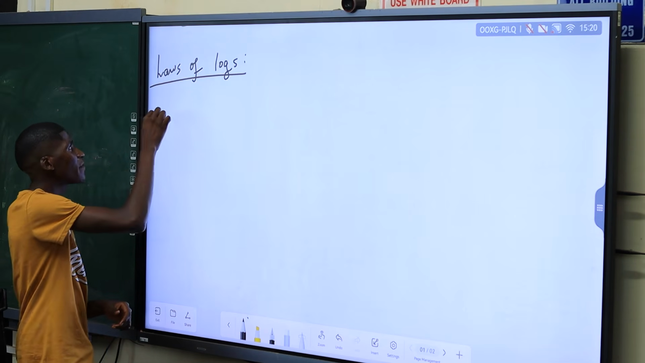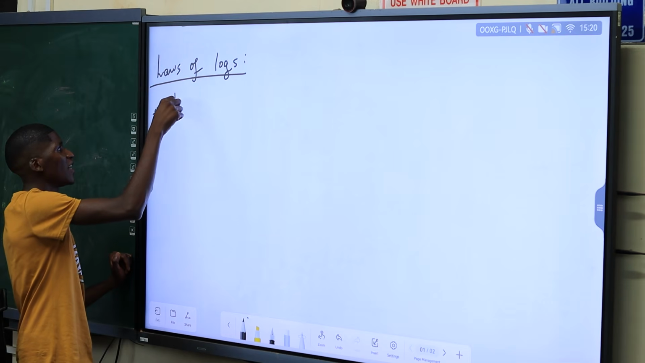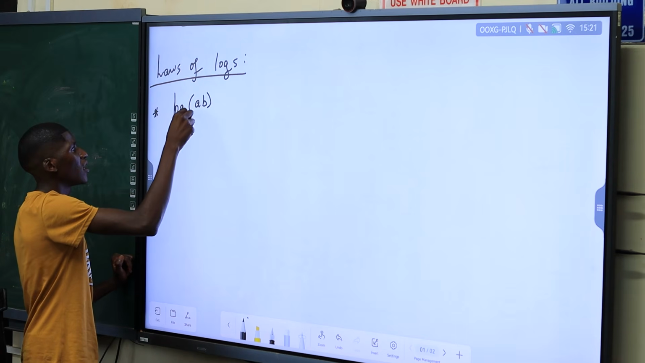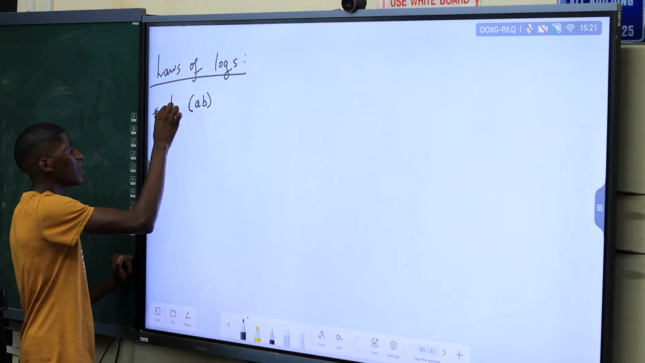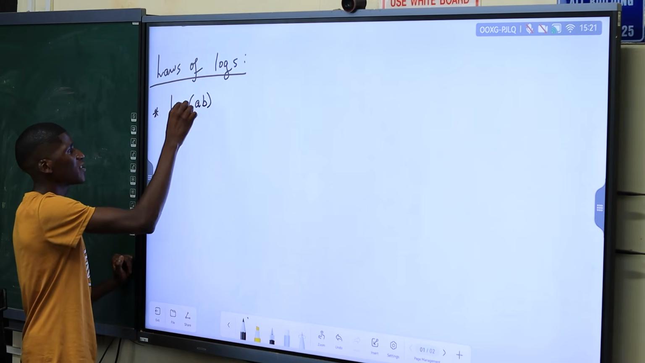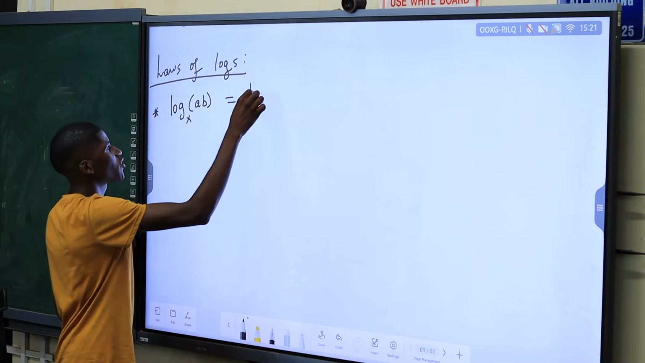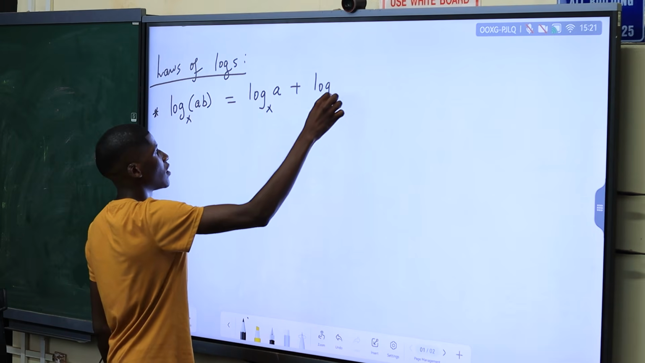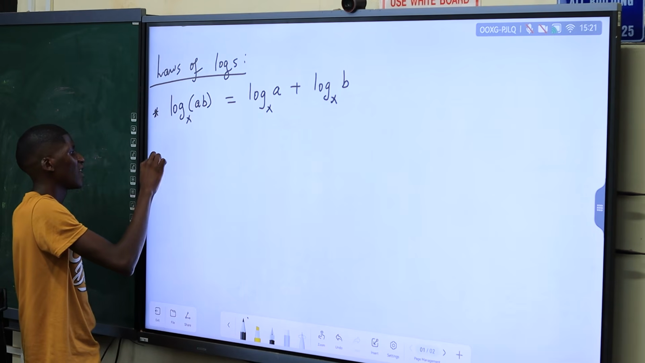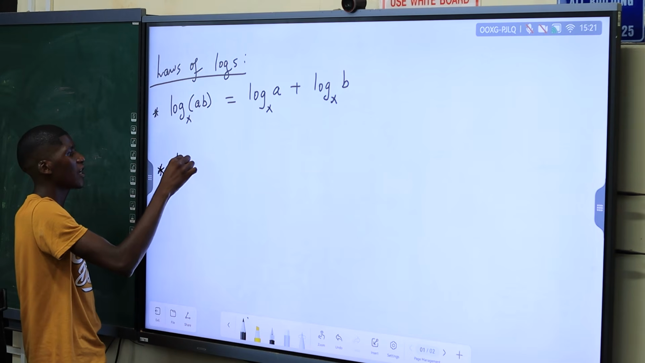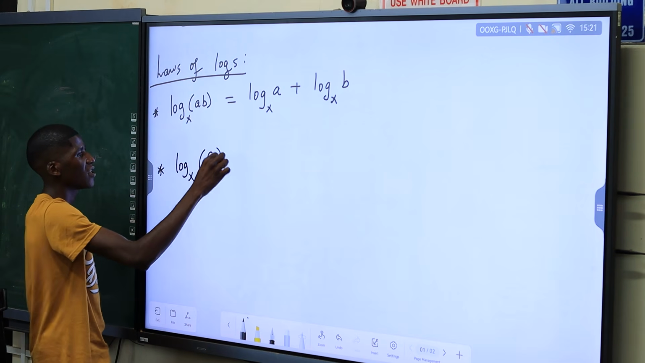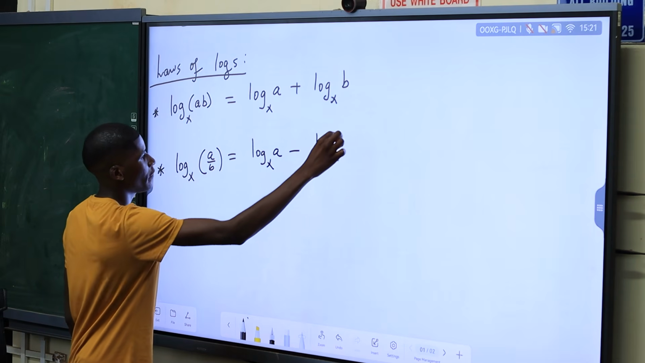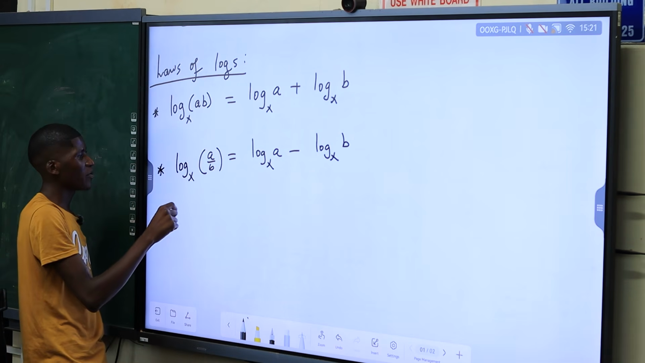So all logarithmic functions have certain laws, like the one that says log of AB. Let's say log x of AB is equal to log x of A plus log x of B. Then another one: log x of A over B is equal to log x of A minus log x of B. And then the third one, we're going to say